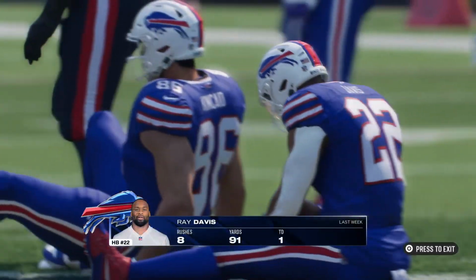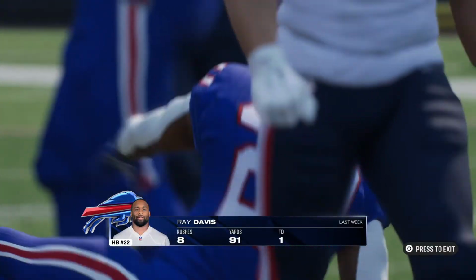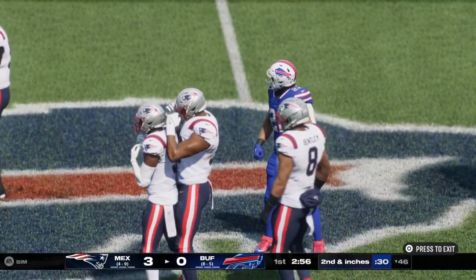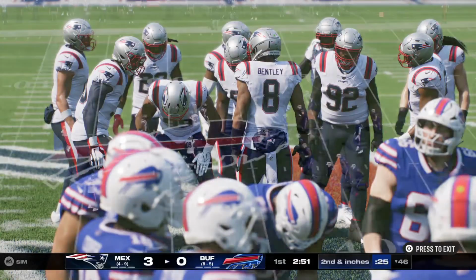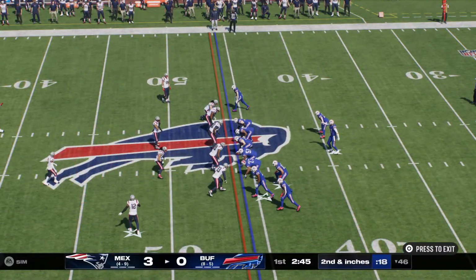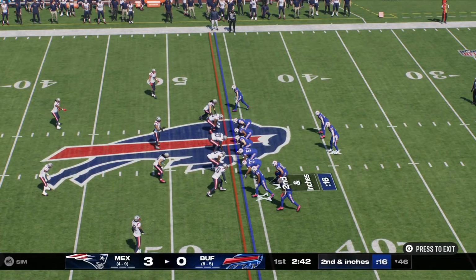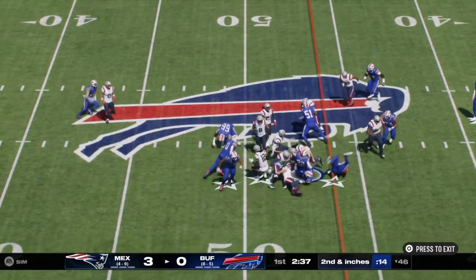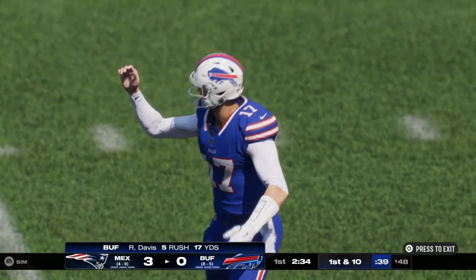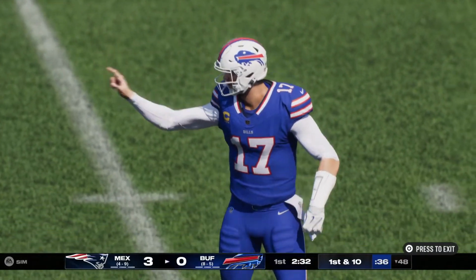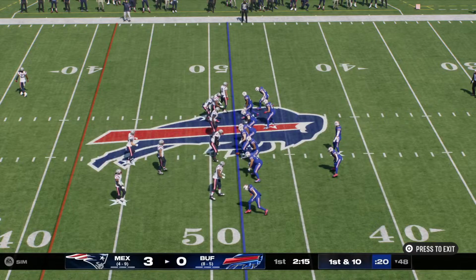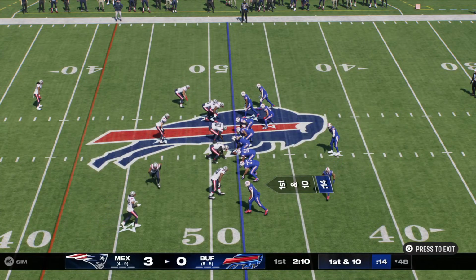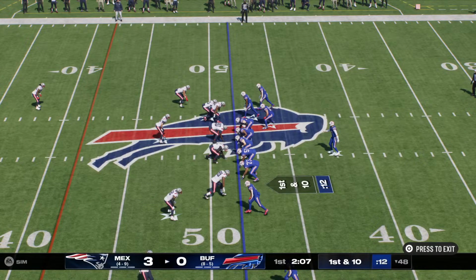And able to break one tackle, but then quickly brought down. But a nice little gain. A look there at how Davis did a week ago. 8 carries, 91 yards, and a touchdown. And as we discovered in talking with the coaching staff prior to the game, going up against a team that struggled against the run has only emboldened them to run the football more. I expect 40 to 50 carries in this game. And he'll get it out a couple yards shy of midfield at the 48. They'll get 3 as the drive continues. It's a 1st down. That's good for the Bills. 1st and 10 at the 48-yard line.